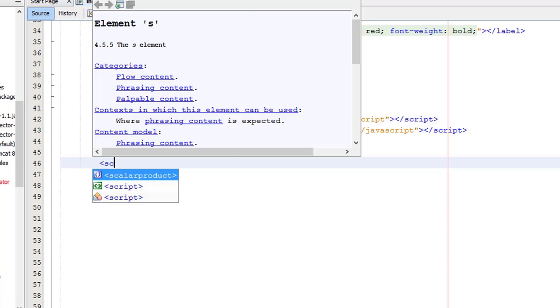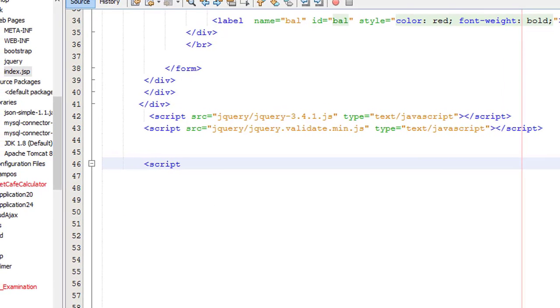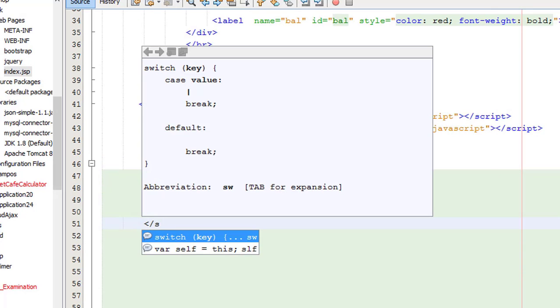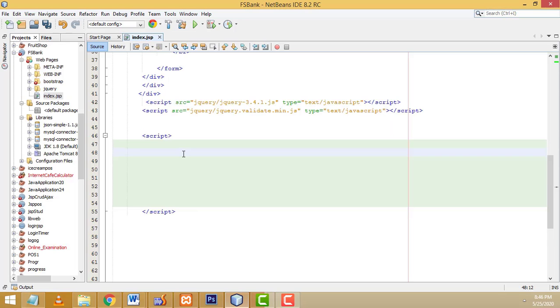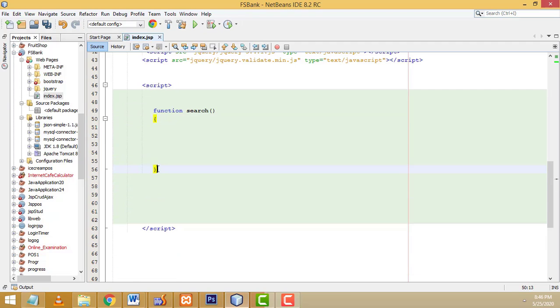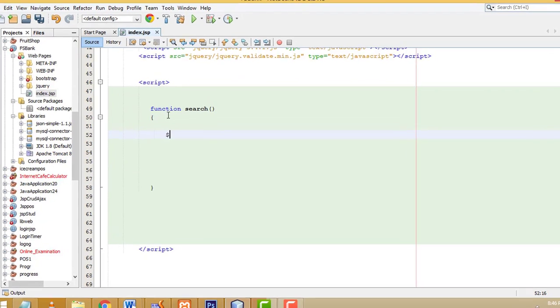Now what I am going to do is write the jQuery part here. So we have to write script, go to the closing tag. Right. First I am going to write the function which is search. So you have to write function which is named search. If you open the function, you must close the function, right? Now after that we have to write the Ajax function. So you have to write the Ajax function,